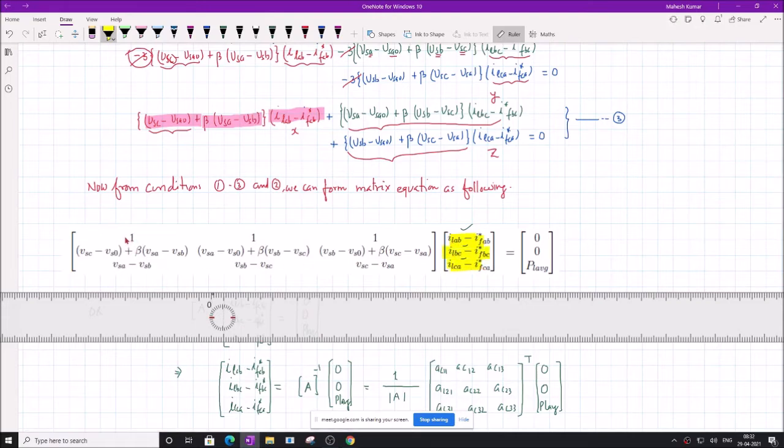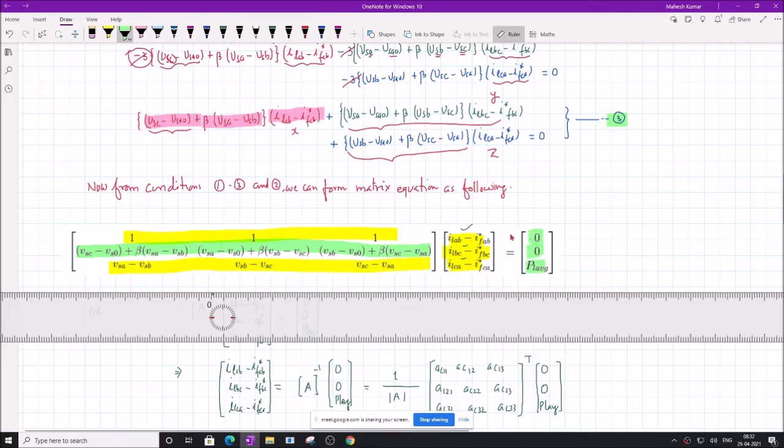This corresponds to the first current equation, this corresponds to the power equation, and this corresponds to the power factor equation. We have changed the sequence. It is 1, 3, 2. The third comes at the second row, so this equation comes as the second row. This is the first and this is the second equation. We can do otherwise also, but it is more convenient to simplify this way.